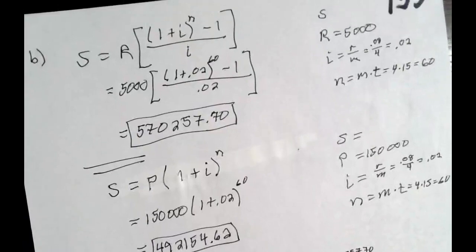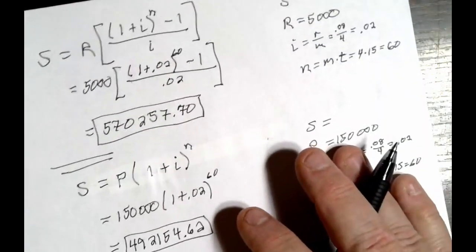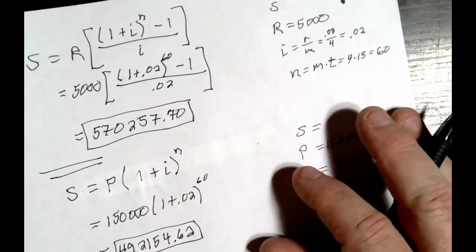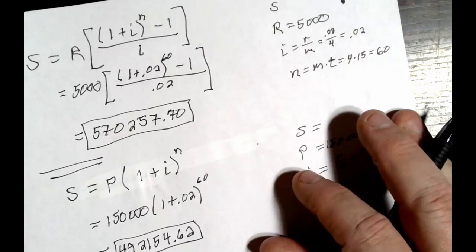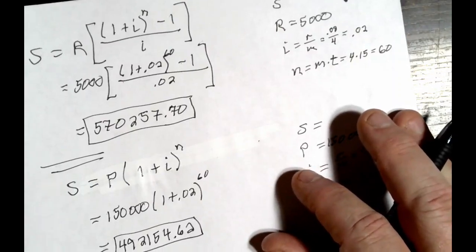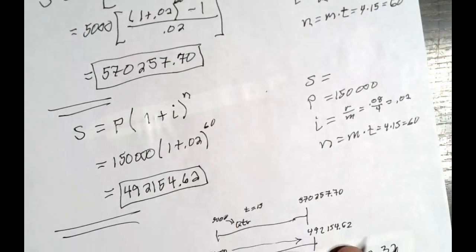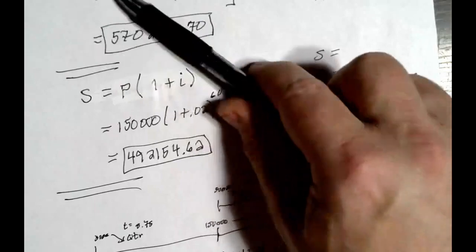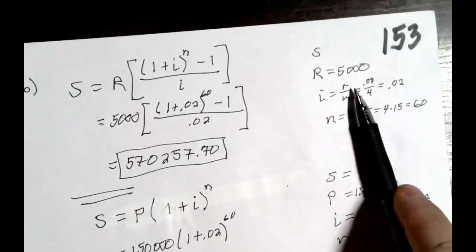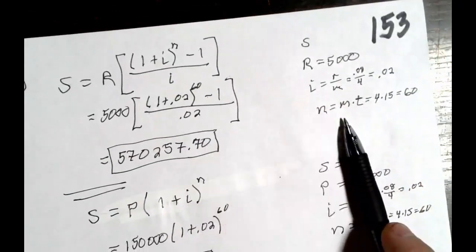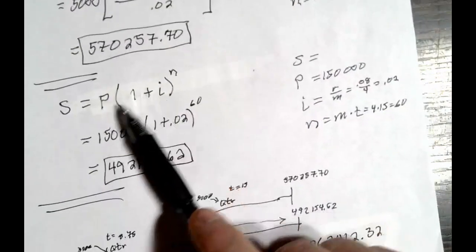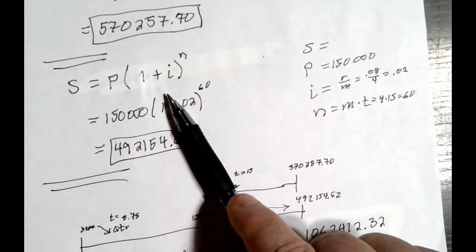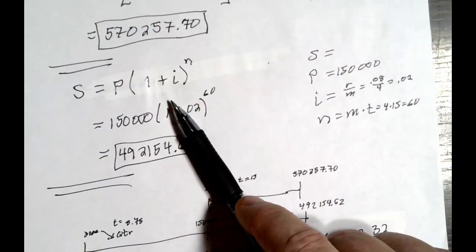Yeah. Then part B says, suppose the account reaches $150,000. The business owner increases the contribution to $5,000 at the end of each quarter. What will be the total amount after 15 more years? So again, you got two different amounts of money. One, you've got an annuity at $5,000 for 15 years, and the other one is just a straight amount of cash that you dropped into a compound interest problem,